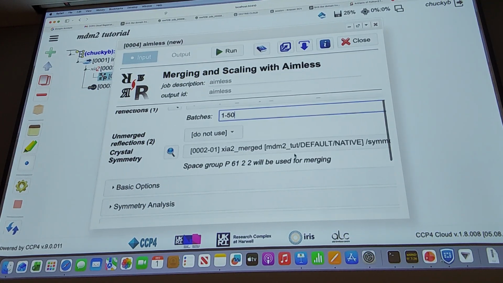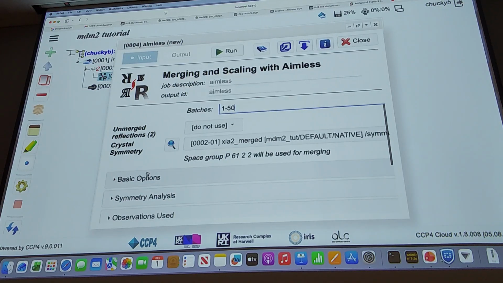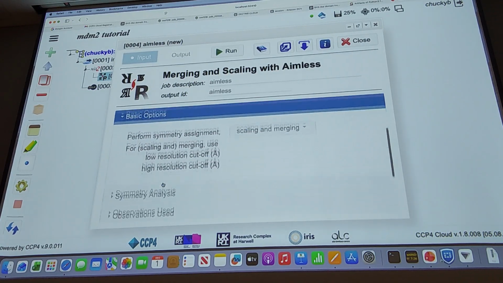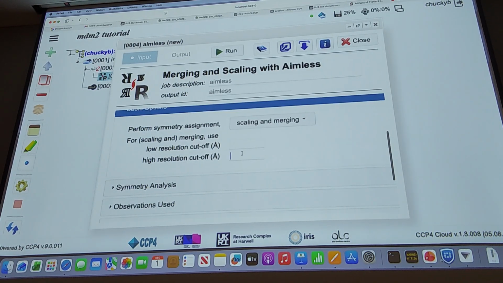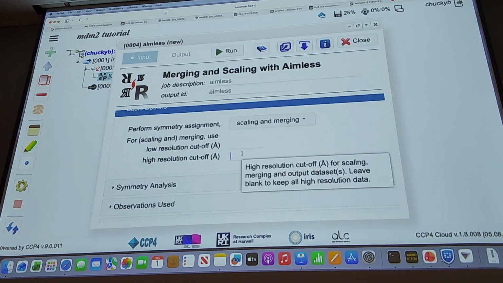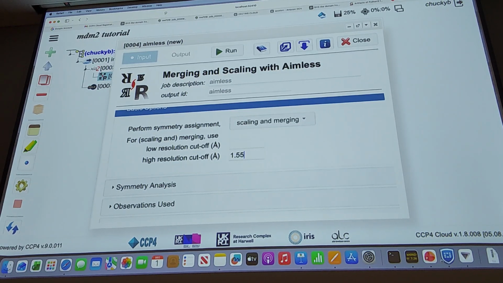I'm going to keep the previous solution from merging. I am, however, going to change the high resolution limit. I should have paid attention. I'm going to take 155. It's just a guess because I didn't pay enough attention to what the thoughts were. The text will probably tell you something different. I'm just cutting back to get rid of that. Once I put those in,